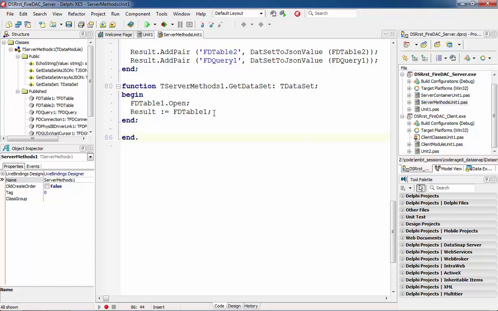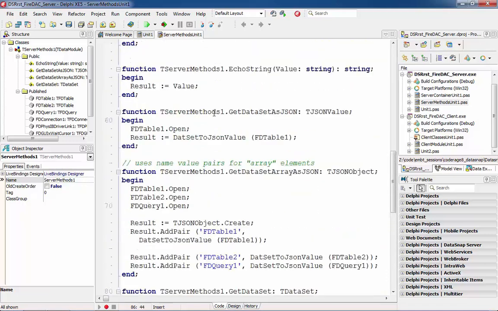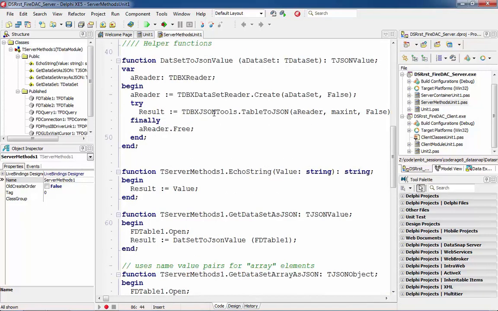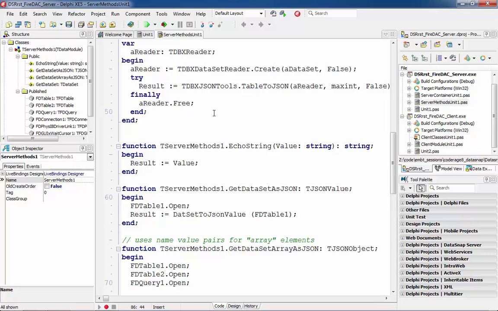It will be up to the DataSnap server to convert this object into a JSON representation, including the data of the dataset. If you want to go for a more controlled approach, maybe because you want to return multiple pieces of data in the same structure, you can return a JSON value. Or you can return an array of JSON values, or a more complex JSON structure,